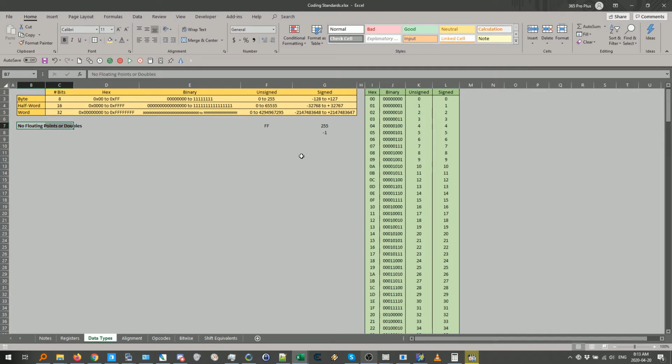And I would just like to point out that in MIPS R3000, there is no such thing as a floating point or a double. That is unfortunately only introduced in the PS2. So, I hope everything was clear,